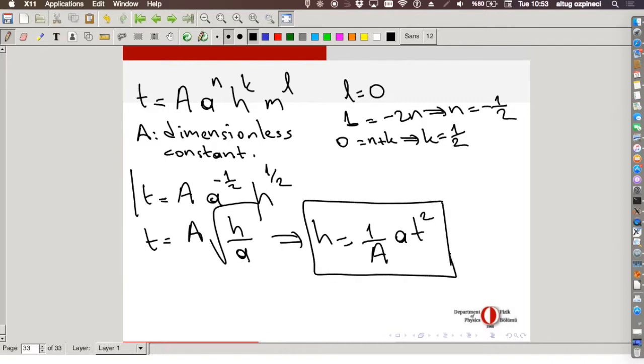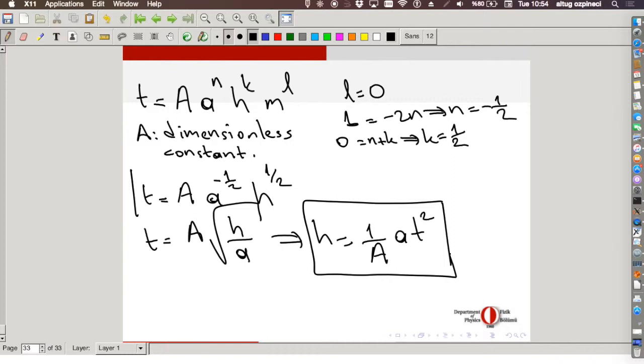Now this is exactly what we had before. The height is 1 over 2a times t squared. We didn't do any integrals, we didn't do any area calculations, but nevertheless the height should be, at least if we just drop it from a height h, if it falls down to the ground in time t with constant acceleration a, this should be the relation between h and a and t squared. So it automatically already, although we didn't solve anything, just some algebraic equations, we already know that if